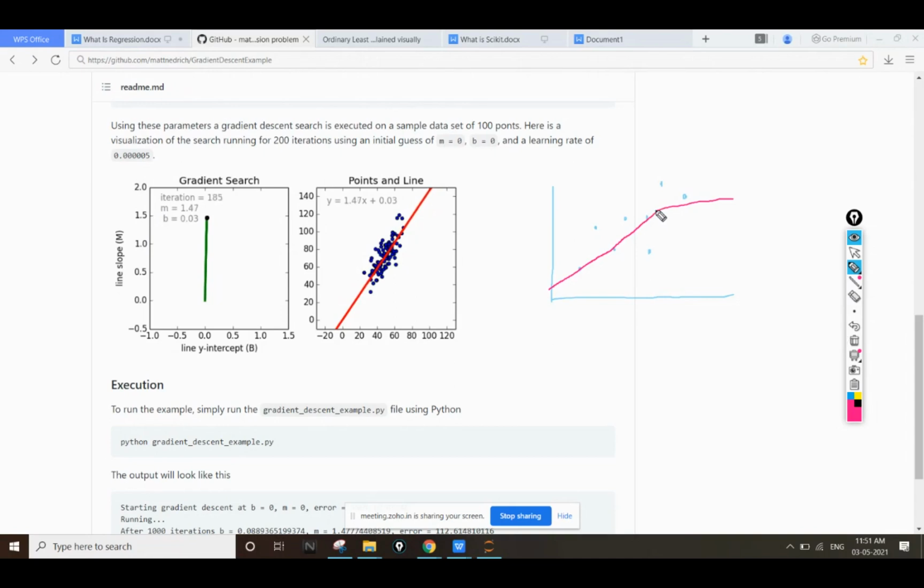Suppose this is my line. This is my linear line, and the distance between these points and the line is the predicted value. This line is my predicted values, and if I calculate the difference between this line and the original values, square it, and find the mean of it, then it's known as mean square error,